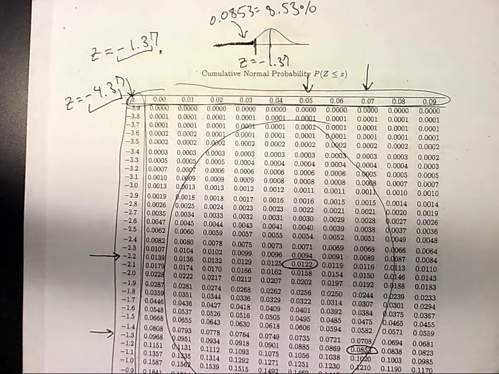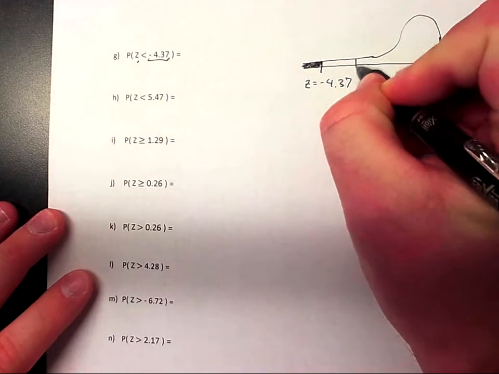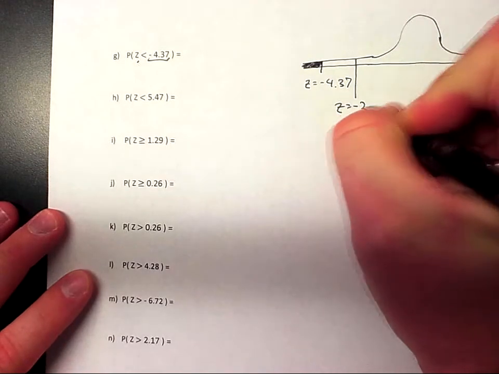But let's look at this table here for a second. These numbers right here represent the percentage of the graph that we have shaded in. So let's go to the largest value, or technically it's the smallest value that we can look at in this table, which is negative 3.99. If we go to negative 3.99 and you shade in from the left, approximately what percentage of the graph have we shaded in? Zero. So that means this. If we go back over here, if we were to shade in all the way up to negative 3.99,